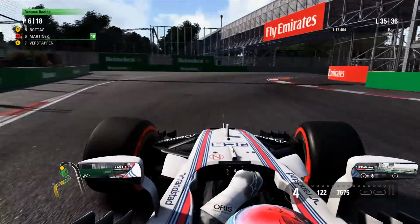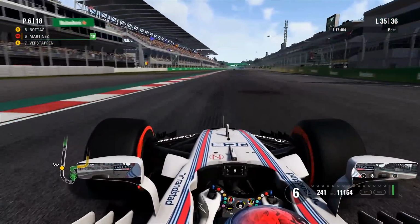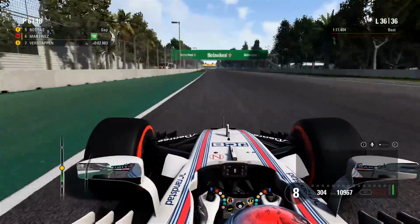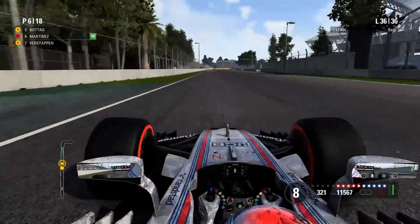We've managed to make it on the tyre situation and also on the fuel. And also we've opened up about a 4-second gap to Verstappen behind. So overall, it's been pretty okay and pretty comfortable, but now we've got to try and nurse the car home for one more lap in this race. As you can see, fuel's okay, tyres are pretty much there or thereabouts, and overall we managed to survive